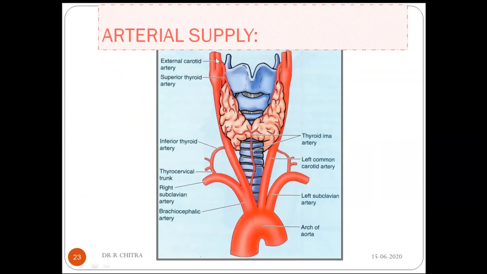So this is the superior thyroid artery, which is derived from the external carotid artery. When we saw the relation of the apex, we saw this superior thyroid artery is related to the external laryngeal nerve when it reaches. So we have to apply a ligature near the gland. This is the inferior thyroid artery, which is a branch of the thyrocervical trunk of the subclavian artery. It is related to the recurrent laryngeal nerve. So you have to keep a ligature away from the gland. And sometimes this is the arteria thyroidea ima from the brachiocephalic trunk or from the arch of aorta.